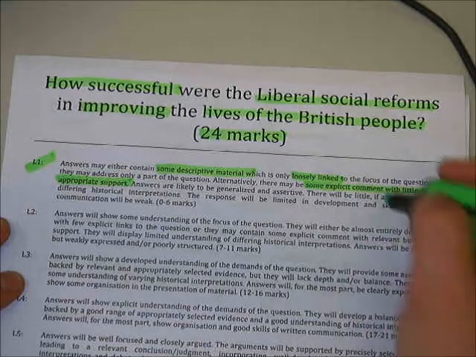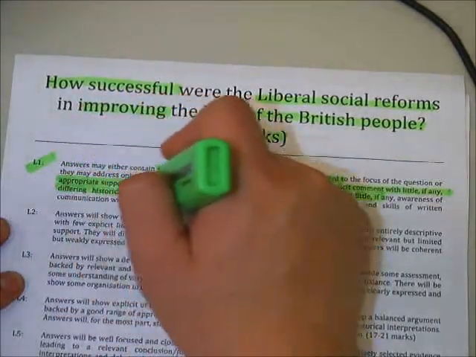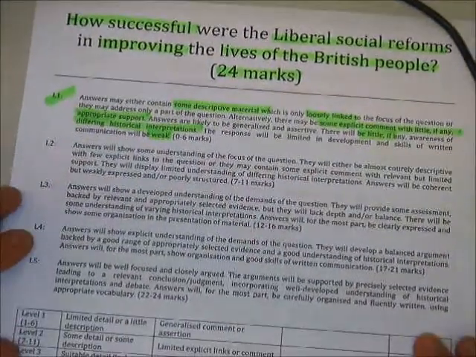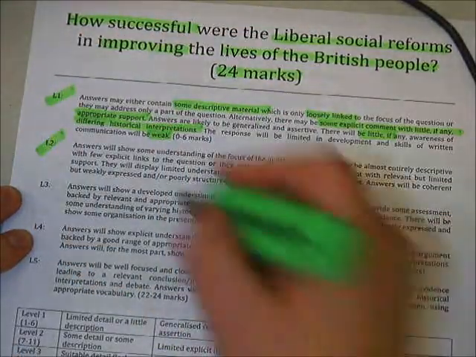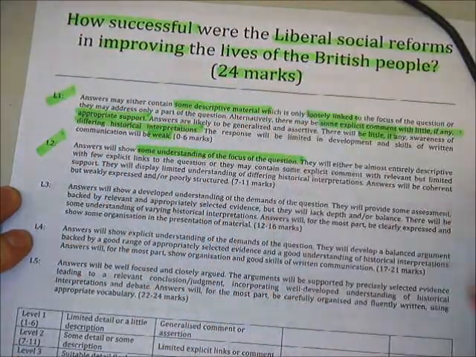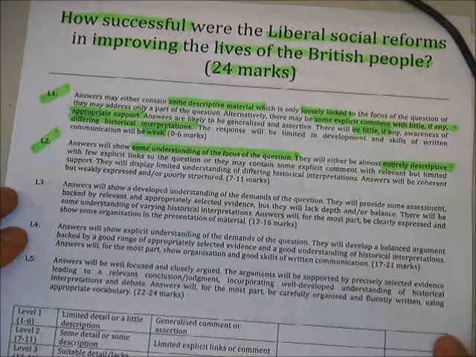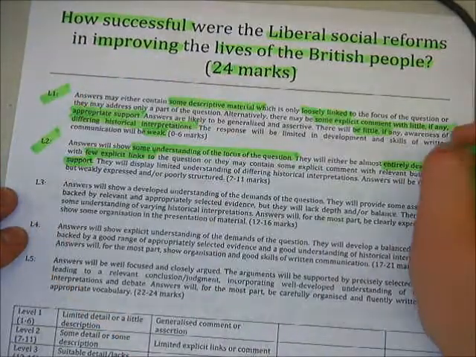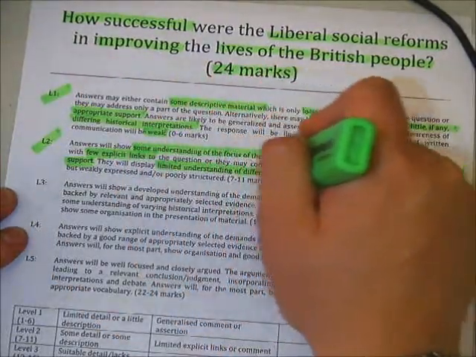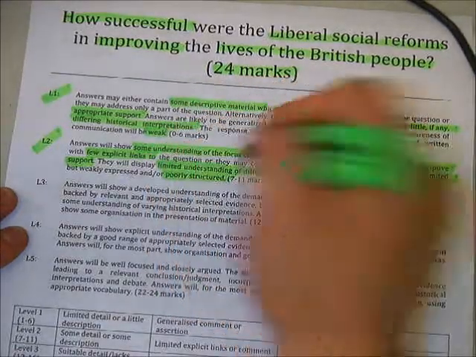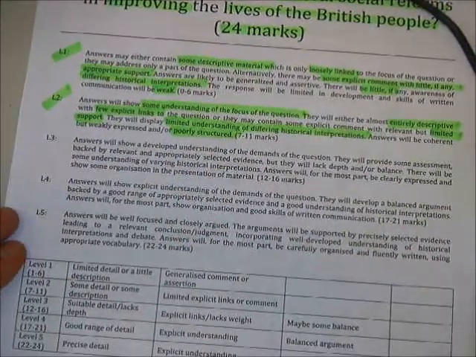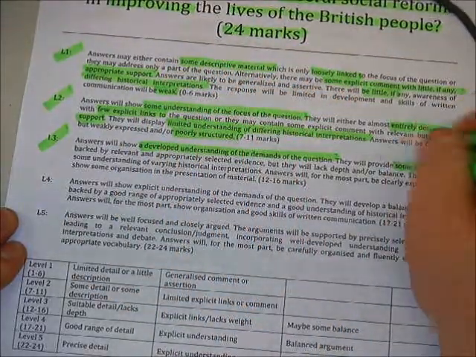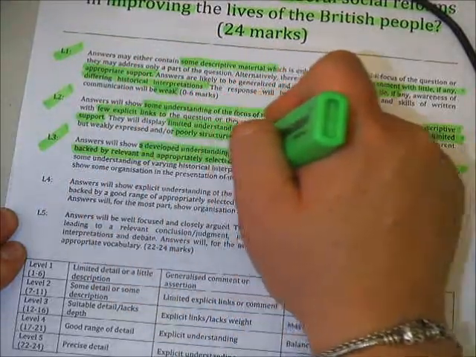In a level 1, again it's descriptive, loosely linked to the question. There may be some explicit comment with little, if any, appropriate support, so it's lacking detail. There may be an awareness of different historical interpretations, so the fact that people think different things, but communication will be weak. Level 2, you understand the question. It is almost entirely descriptive with a few explicit links to the question, but limited support, so again it lacks details. Maybe that it's a limited understanding of differing historical interpretations, so without really explaining why people think different things,